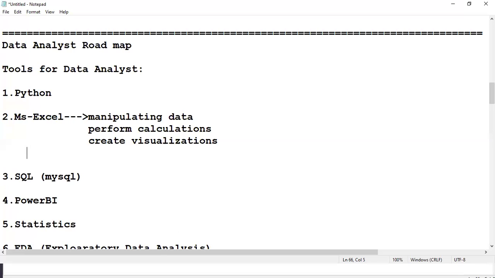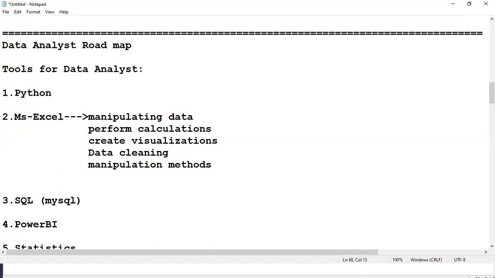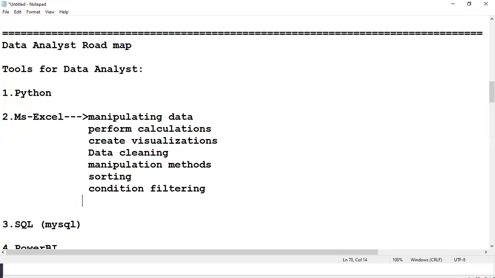Here also you'll be learning Excel for data cleaning. You've got many manipulation methods: sorting, conditional filtering, many formulas, functions, graphs, charts.